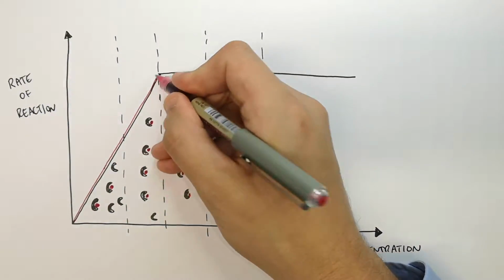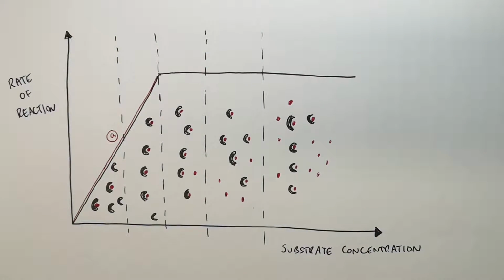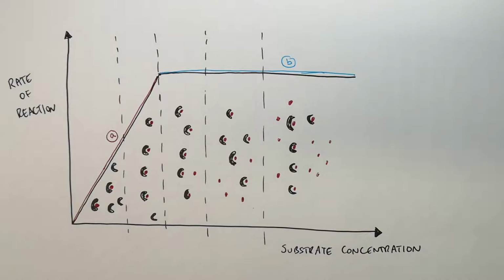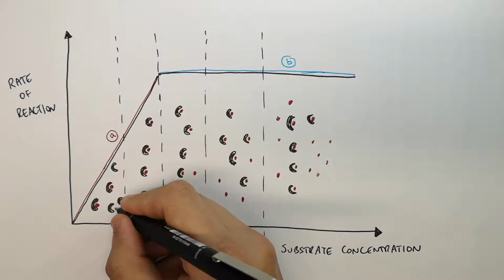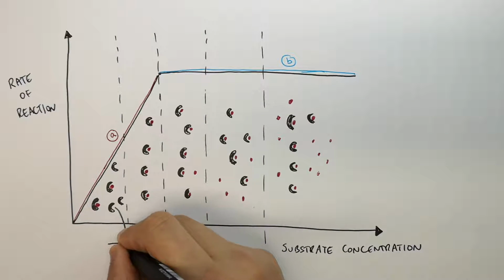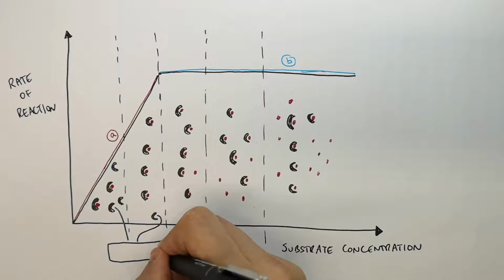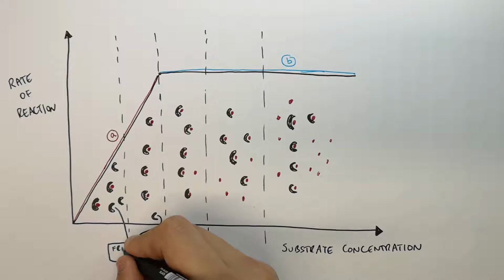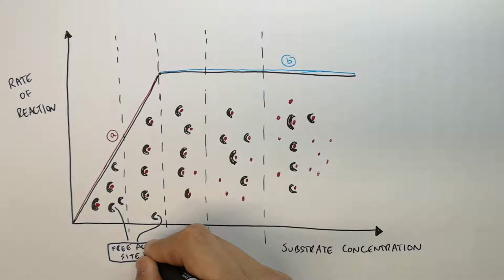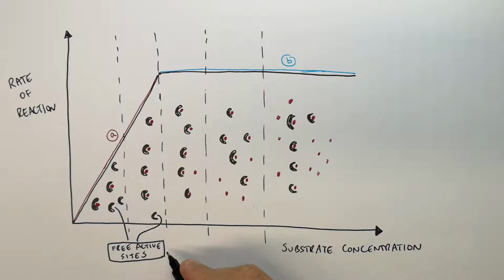So let's explain what's happening at A, and then let's explain what is happening at B. So at low substrate concentration, under line A, there are free active sites. When I say free active sites, that means that the active sites are empty. There is space to be filled in the enzymes. So what happens is if you increase the substrate concentration, that means that those substrates can bind those free active